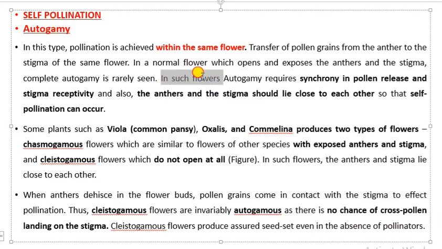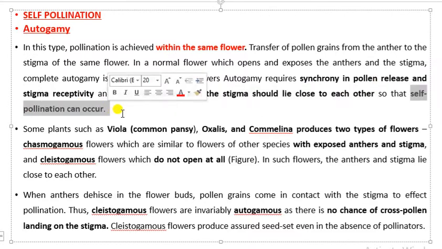In such flowers, autogamy requires synchrony in the release of pollen as well as the stigma receptivity. So if autogamy is required, then a flower should show synchrony, a synchronous development. So simultaneously there should be release of the pollen and simultaneously the stigma should also become receptive. So when both are growing together, when both are maturing together, in that case only autogamy can take place. And also for autogamy to take place, both anther and stigma should lie very close to each other. Then only the